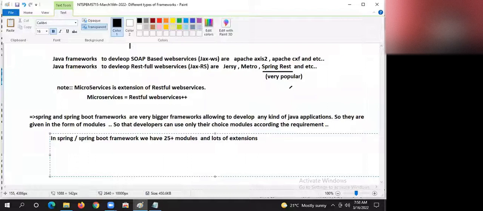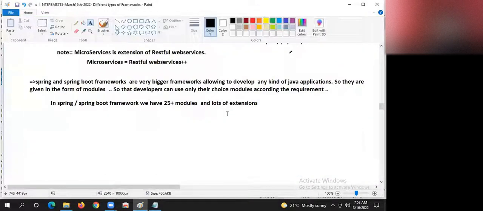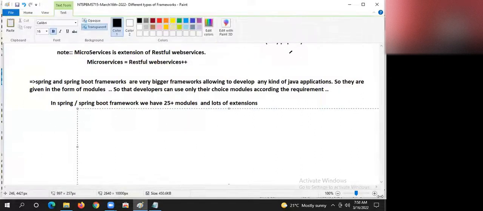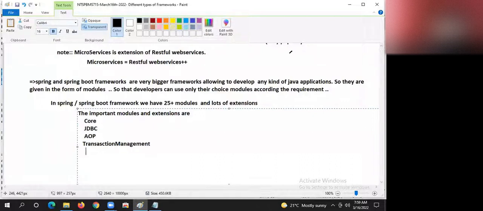Are you listening to my statement, guys? The important modules and extensions are core, JDBC, AOP, transaction management.